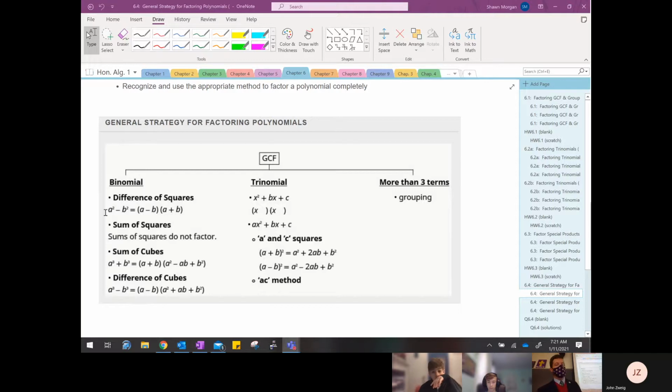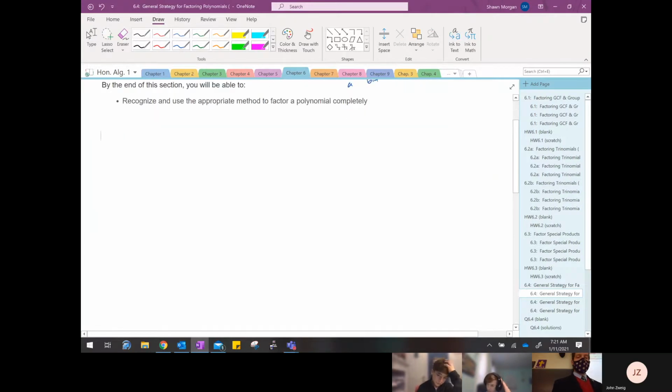That's where it's a binomial times its conjugate, okay? Then over here, as far as the trinomials go, we've either got a regular trinomial, a magic method trinomial, or a perfect square trinomial. Okay, perfect square trinomial is what they've got right here. If it's more than 3 terms, we talk about grouping. And then for today, when we look at these bottom 2 right here, the sum of cubes,